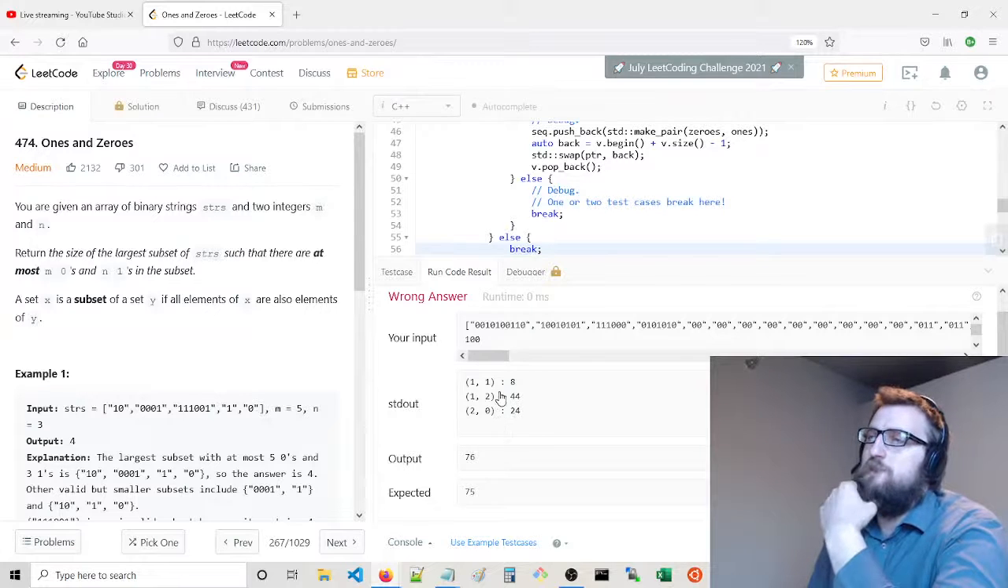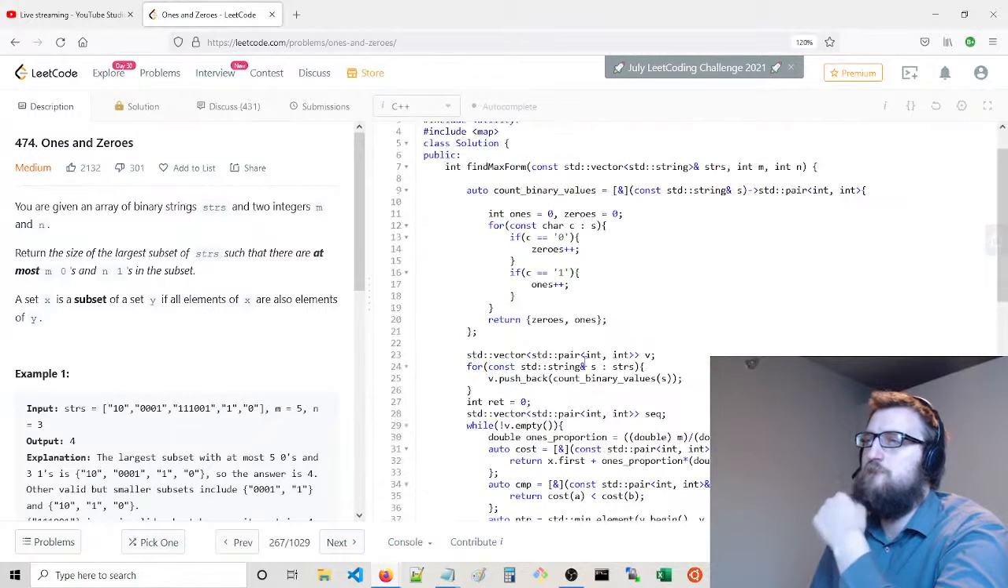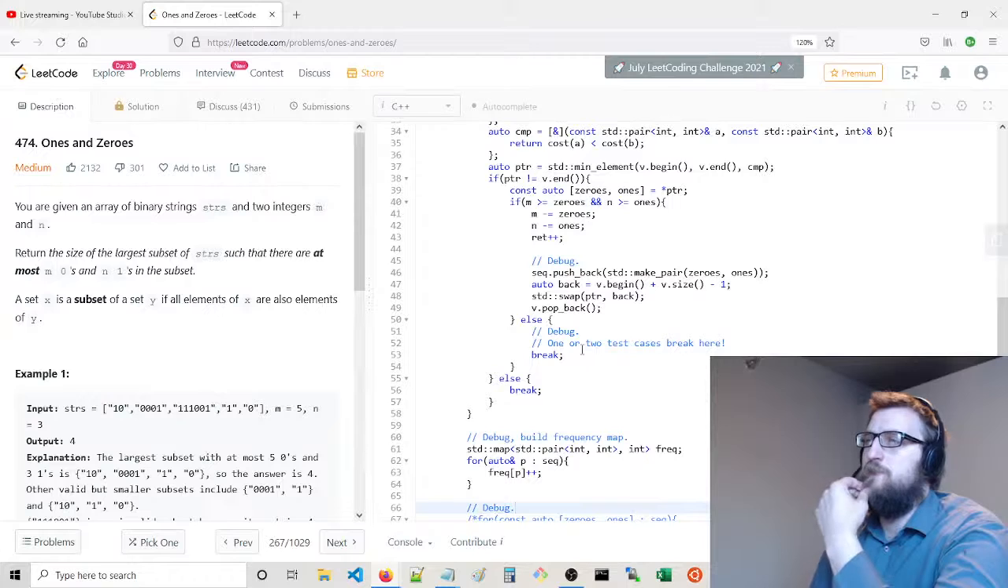Okay, that's what I thought might be the case. We're just adding all the smallest ones. It's kind of what we're supposed to do. I mean, this is super close. I think we're double counting one of these. I think that's the problem. Because if we take this other frequency map,